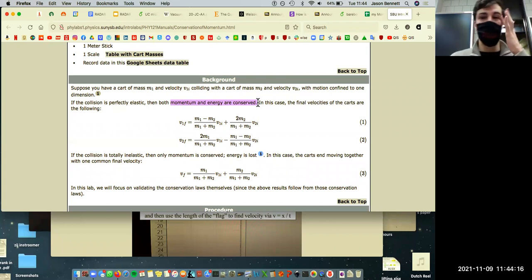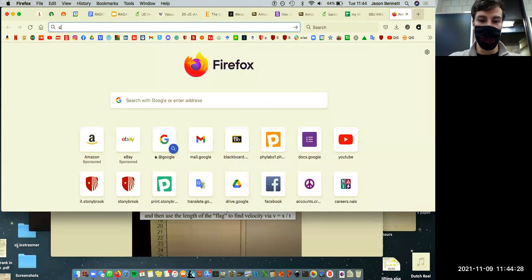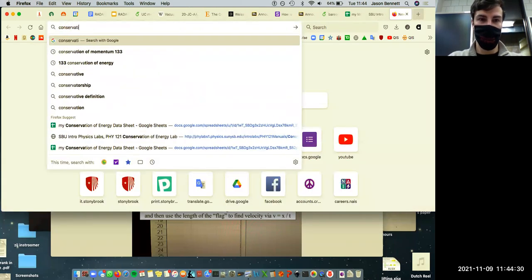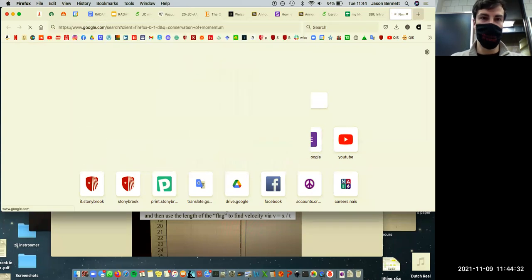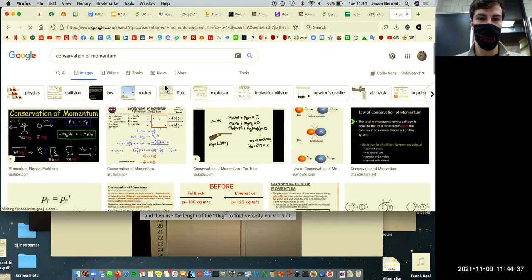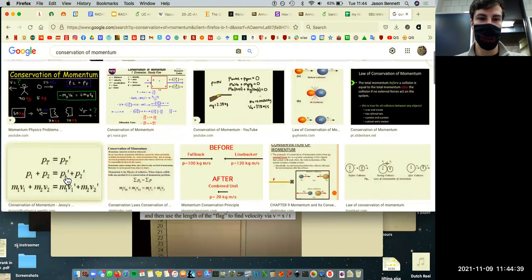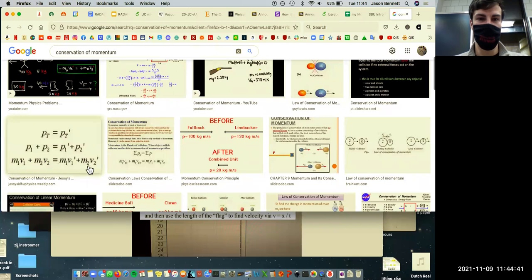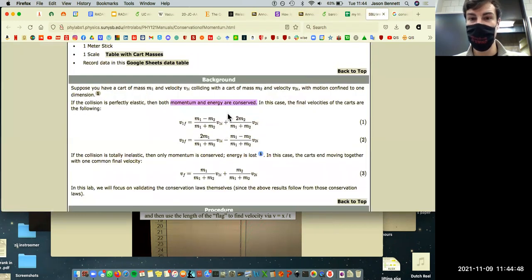Yeah, a lot of people were confused about this. Usually, the whole point of this background section is we use these equations and verify them. But really, the only equation we're verifying is Pi equals Pf. P, again, is that other word for momentum. Right, so this is the equation for that. Or I can just find it over here, which because we are not using these equations, I thought it would be,